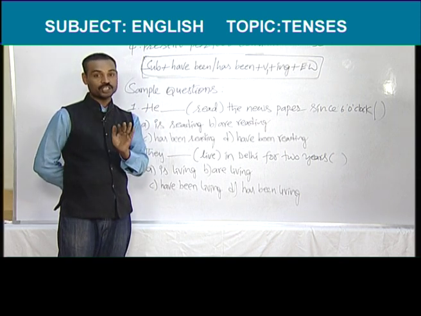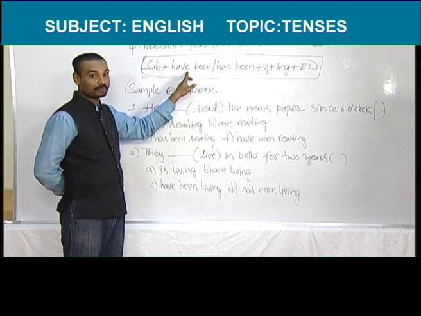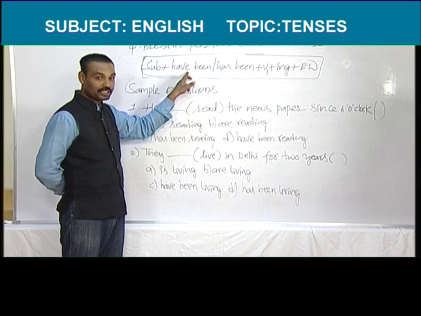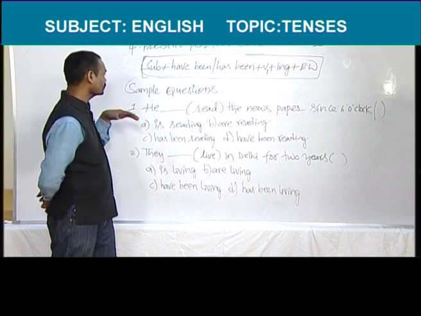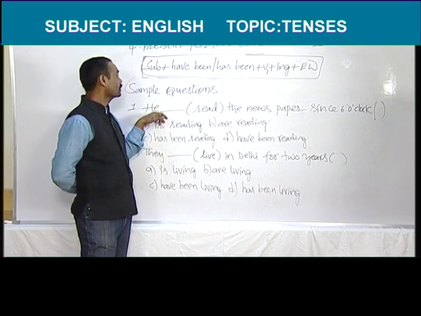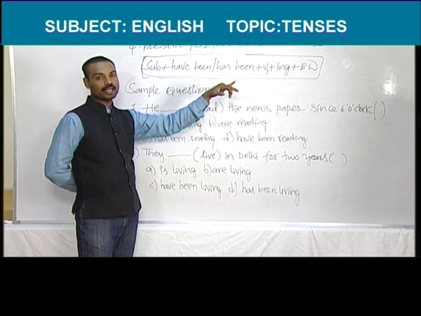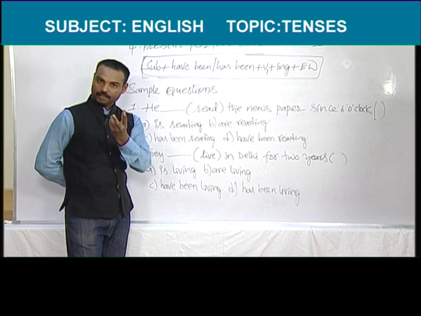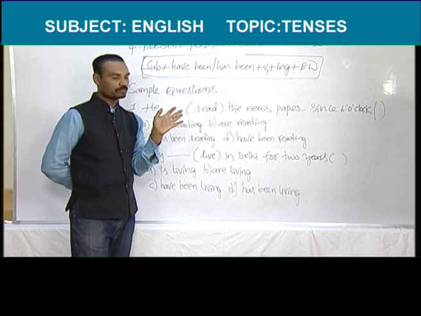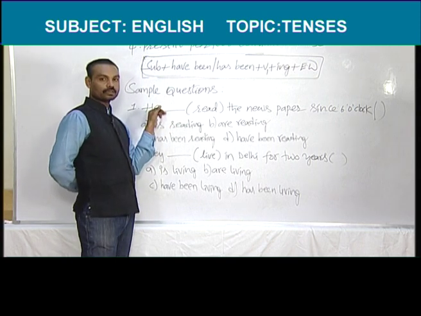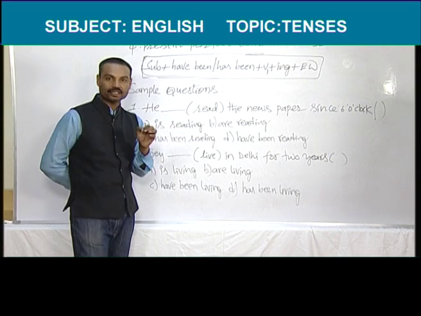After coming to the subject, what you have to do is, you should go to the frame, because you should apply this frame here. According to the frame only you should adjust the answer. Right. Subject. For this subject he is there. Next helping verb should be taken. Have been or has been. After I, you, they and any plural, we should take have been. After he, she and any singular, has been should be taken. So he, we should take have been or has been? Has been. Yes, you are right. Has been should be taken here.